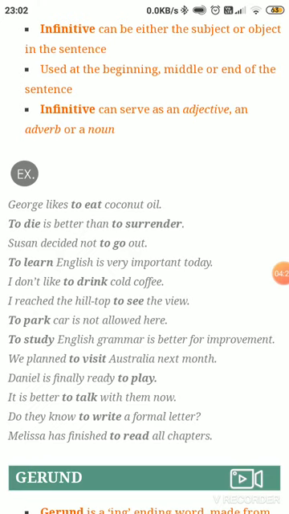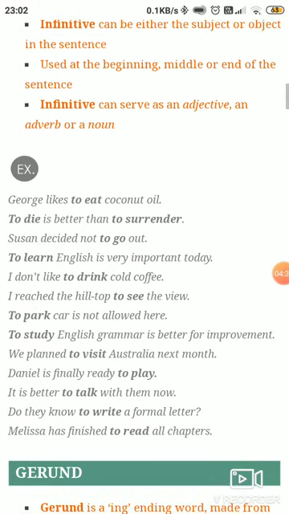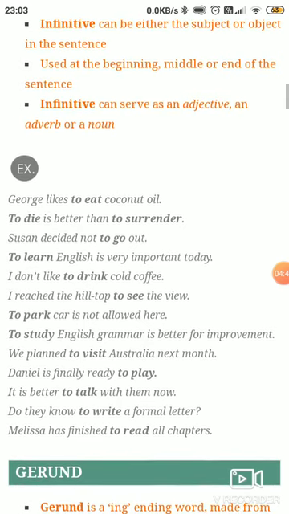Parking car is not allowed here. To study English grammar is better for improvement. Studying English grammar is better for improvement. We plan to visit Australia next month. We plan visiting Australia next month.